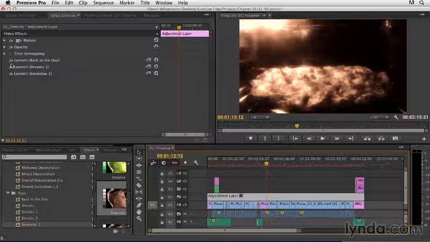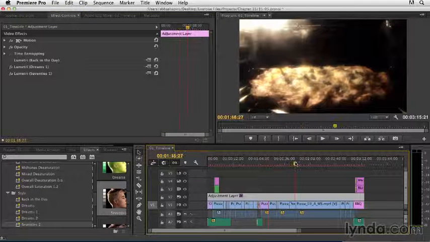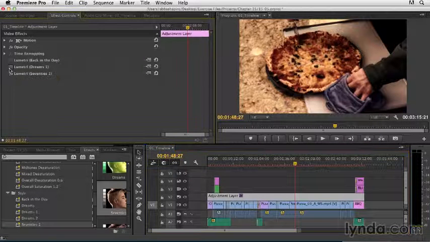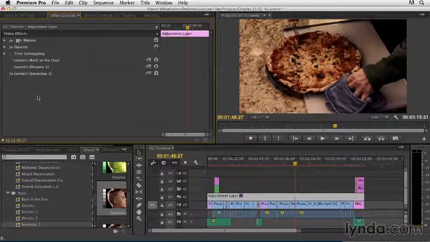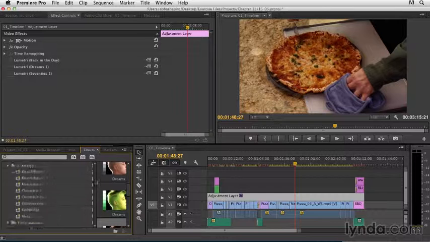So let me turn off back in the day, and as you can see, I now have that dream glow, or if I wanted to, I could even turn off that Dreams because it's a little soft for my taste, and now I get that 70s look feel. So in this case, I used the looks, but you can use any filter you want to modify all the clips below it. So just let me quickly turn that off and throw in a filter that you can modify,